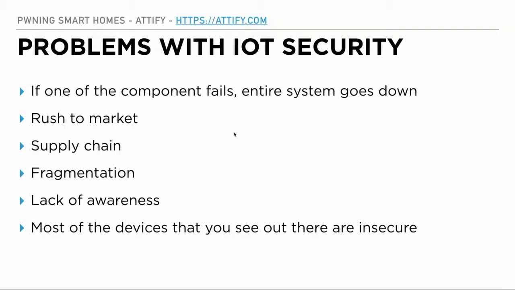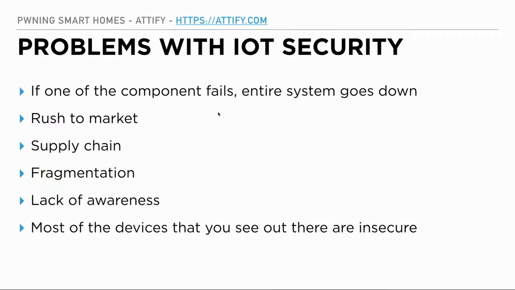So the current problem with IoT security: if you have not been involved with IoT security in the past, you might think that IoT is secure. How many of you here think that IoT is secure? Pretty good. So IoT devices, because of so many different components, that is one of the reasons for the insecurity. You've got so many different things to handle that if one of the components breaks, the entire system becomes vulnerable. So if you talk of a smart home automation hub, if you have a firmware-based security issue, then your entire smart home device ecosystem is compromised.